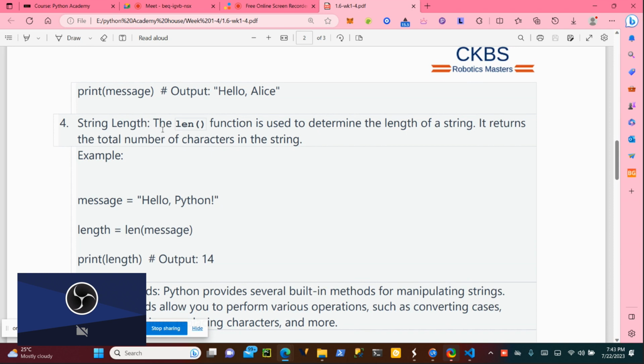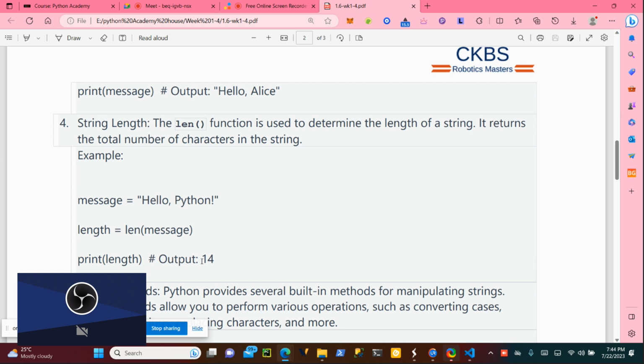Here, the length function is used to determine the length of a string. It returns the total number of characters in the string. For instance, if I want to see the length of "hello Python", when I was doing it I needed to count it, starting with 0, 1, 2, 3.